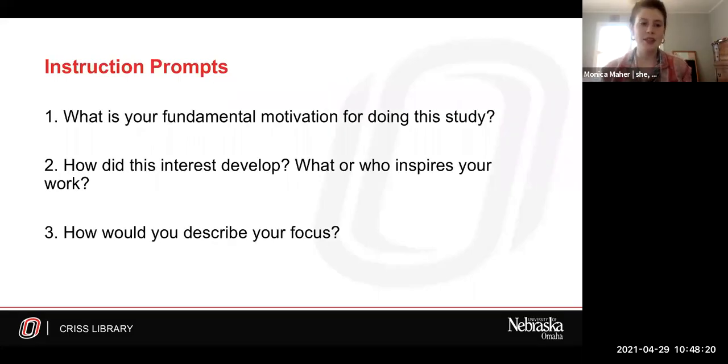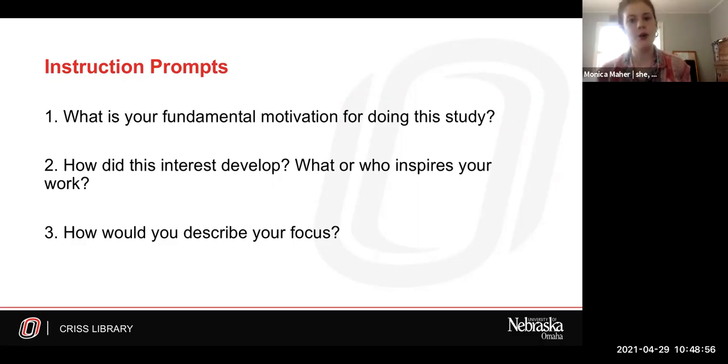So with that, we wanted to share with you some of our prompts, and we've got 25, as you can tell from our title. The first one is, what is your fundamental motivation for doing this study? You want to ask the student to ask themselves, why do I care? What interests the student about this topic? Did this interest emerge during their coursework stage, or was it there even before that? Writing a thesis or a dissertation is a long and laborious process. So how will this motivation sustain them through a really long effort?